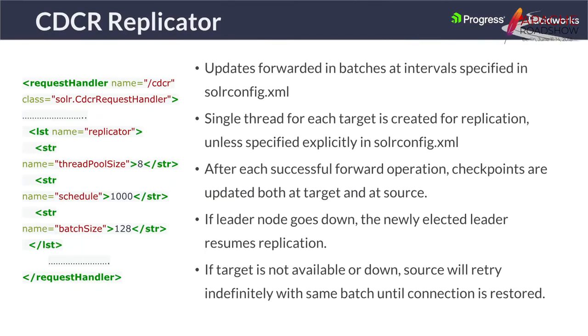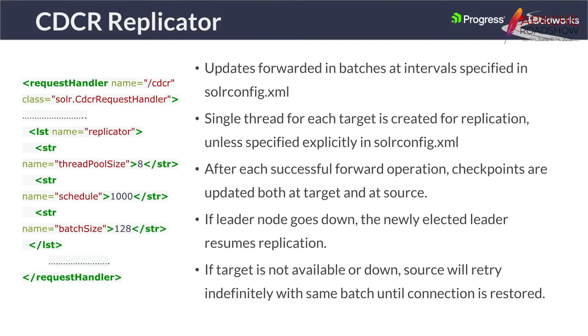So let's suppose you have very heavy indexing going on at the source, or you have very heavy query load. You would really not like the other components in Solr to overwhelm that particular process. You would like the performance to not be affected by something like CDCR, which is used to have a hot standby. So this particular strategy, sending the updates in small batches and at intervals, makes sure that performance is not affected. In this example, we have a batch size of 128 and a schedule of 1,000 milliseconds,